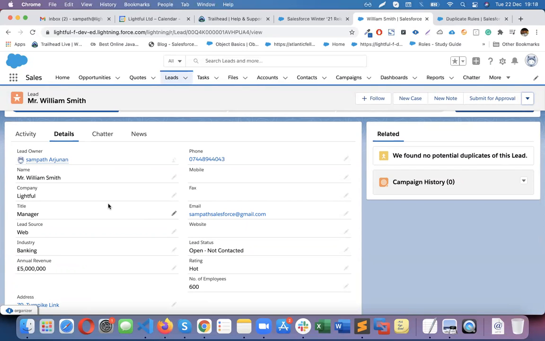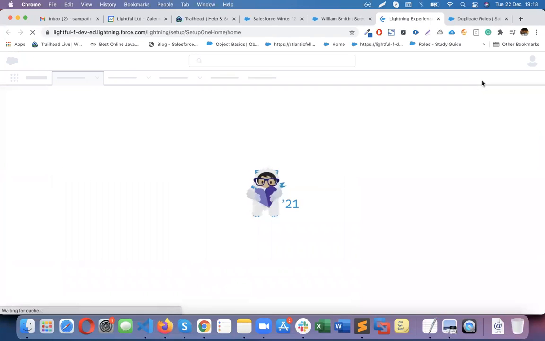Maybe in the exam, you may get a question whether lead fields can be mapped into a custom object. No. And can lead custom fields be mapped into account custom fields? Yes. Lead custom fields can be mapped into opportunity custom fields. Yes. Lead custom fields can be mapped into contact custom fields. Yes. So if you have one custom field here, let's say for example, I will go and create one